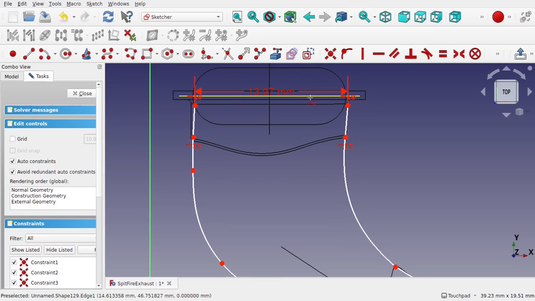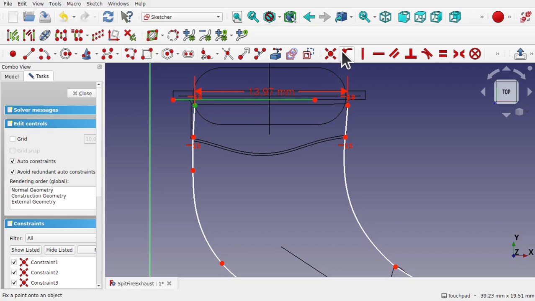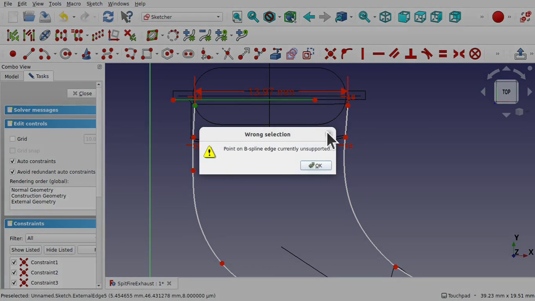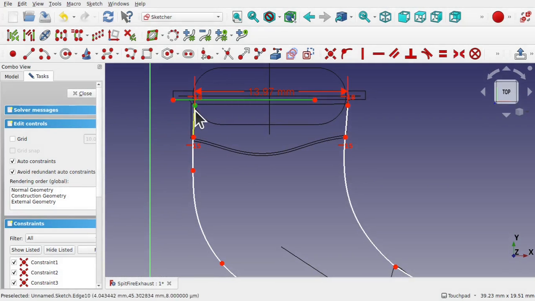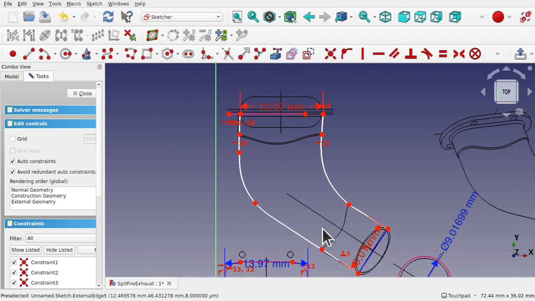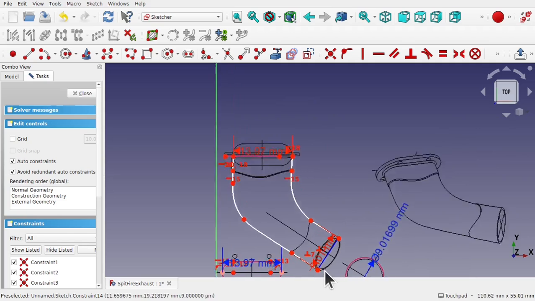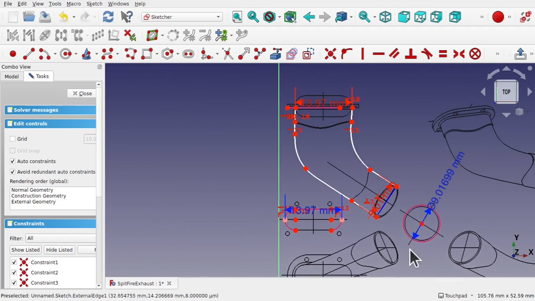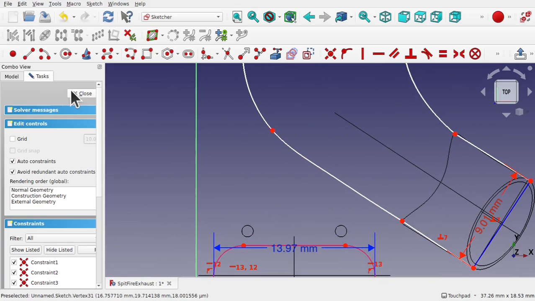I'm going to bring in some geometry. So let's bring in this line here and take this point and place it on that line with a point on object constraint. We've got a B-spline that's coming, so we can't do that. So okay, but what we can do is take this point, rather than taking a line, take this point and put those in line with each other. That pulls this up. We can constrain this down if we wanted to, but the main one we want is the length between here to be equal to the length going across this one, and the length across here going to be the same as this one. Because when we close,